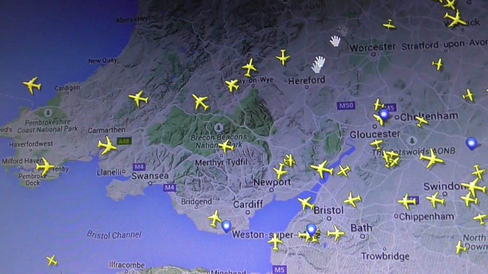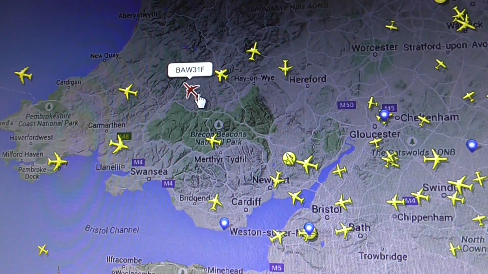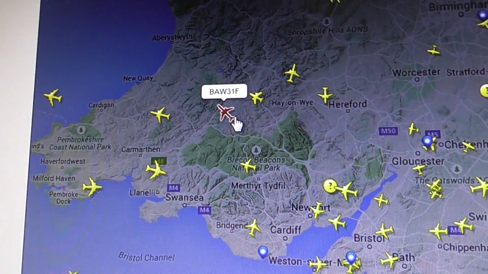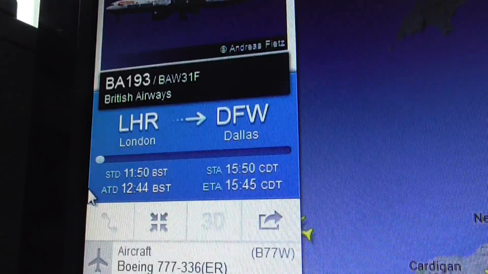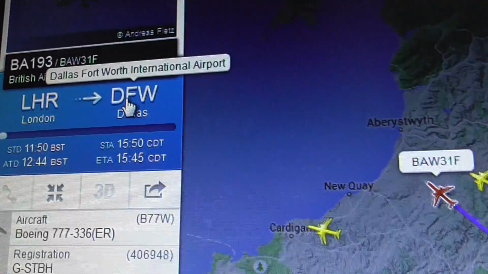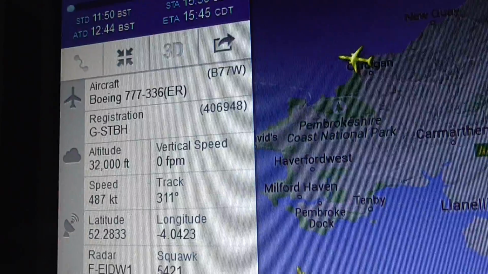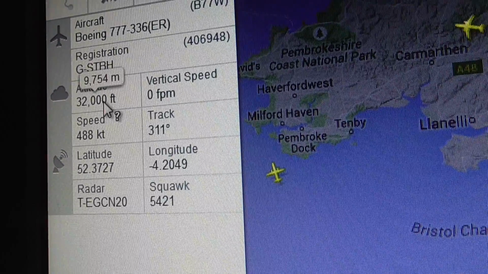And remember, I've told you to look over Brecon Beacons area. If you hover your mouse over certain planes, there we go, that could be it. I'm looking for a British Airways plane, so BA at the start of it. This could be the one. Yep, there we go, found it, just like that. London Heathrow to Dallas Fort Worth. Boeing 777, same type of plane I flew on, same flight. Currently saying it's 32,000 feet. I'm surprised it's got that high so quickly, but anyway,